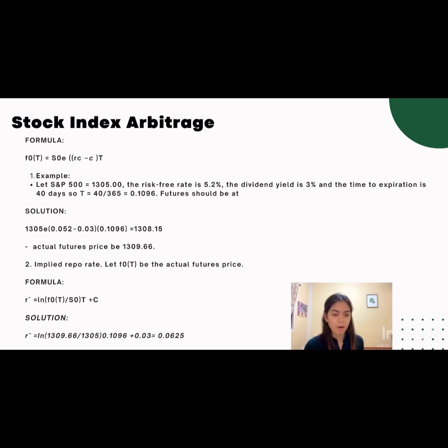Next, this is the formula and example for stock index arbitrage. So next,